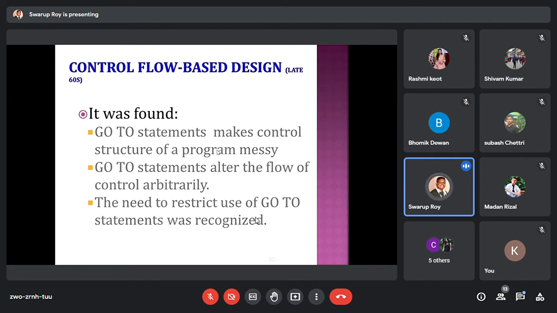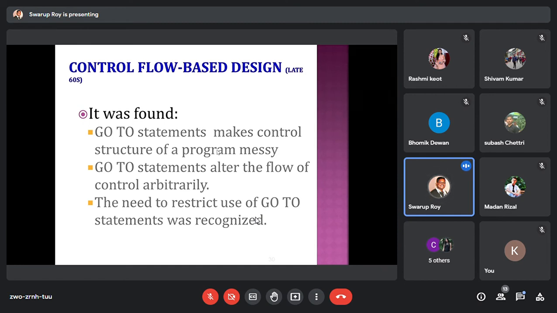Because there is no systematic traversal within the program. It will not give you a very neat and clean structure. You can jump from one place to the other place at any time. So that makes the control structure very hazy and messy. Okay, so it would be very difficult to understand, and at the same time very difficult to debug also. So if you are very well planned, then without using GoTo also you can write that program.